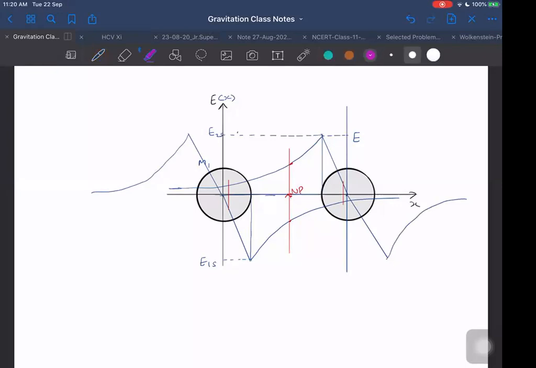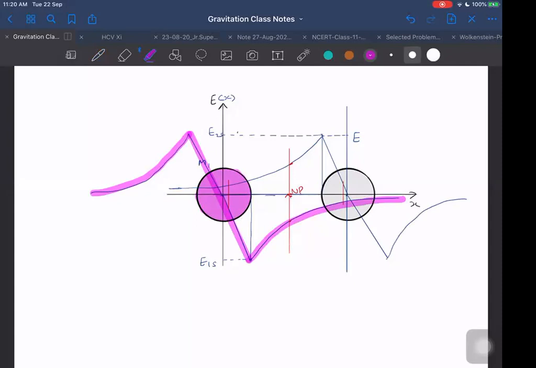Now here let me clarify one more point, that one mass I am representing by a different color, just to make the point clear. And the graph for this I will be taking in a different color now. Its graph, let me take. This is for this one. This one is for this. And for the other one without color, that is the other one. This is graph for it, right?